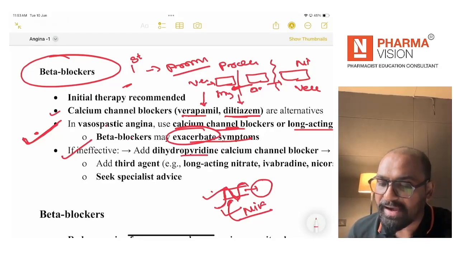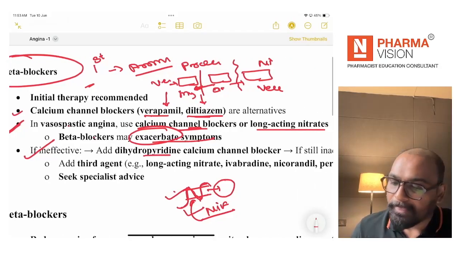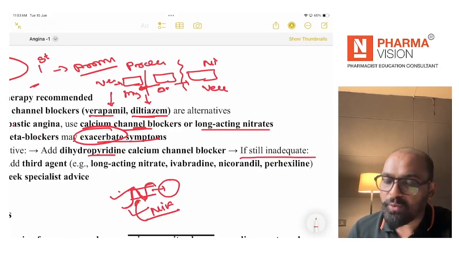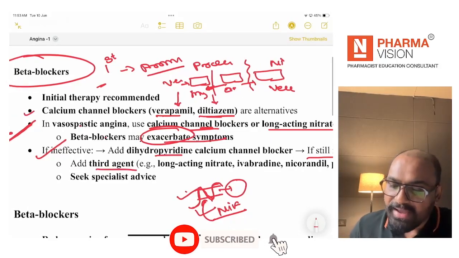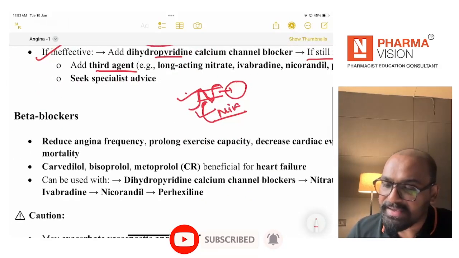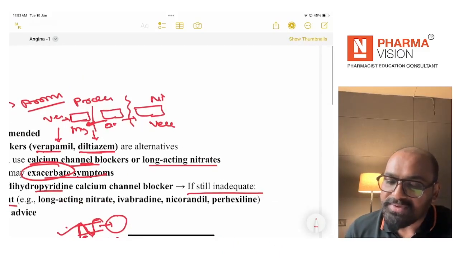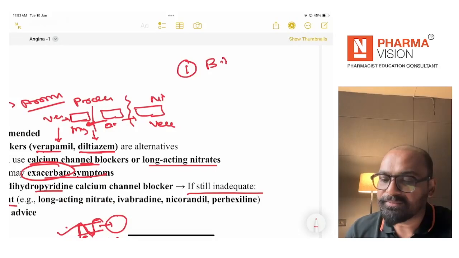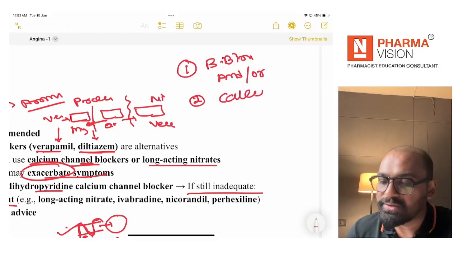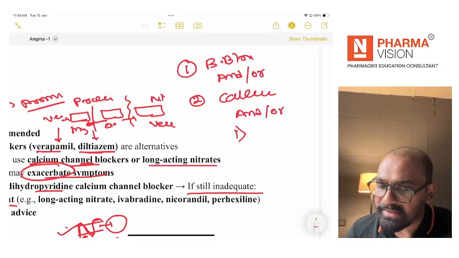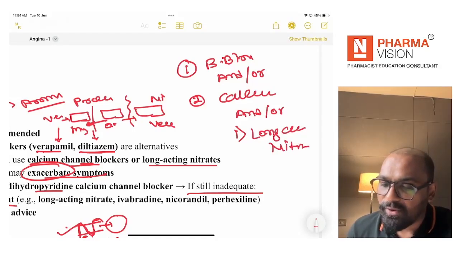Okay, if beta blockers and these are ineffective, then we can add dihydropyridine calcium channel blockers. Okay, if still inadequate, then we can add third agent. ये थोड़ा confusion नहीं होना चाहिए, ये समझ के चलो। देखिए, सबसे पहला फर्स्ट ट्रीटमेंट है बीटा ब्लॉकर्स और कैल्शियम चैनल ब्लॉकर्स, और फिर आता है लॉन्ग एक्टिंग नाइट्रेट्स। ओके, तो अब ये थ्री मेडिकेशन कॉम्बिनेशन हो गया।